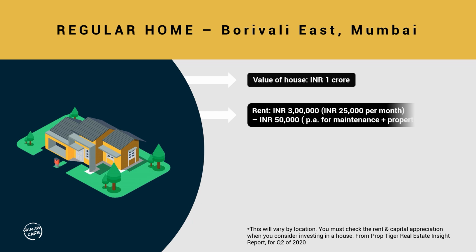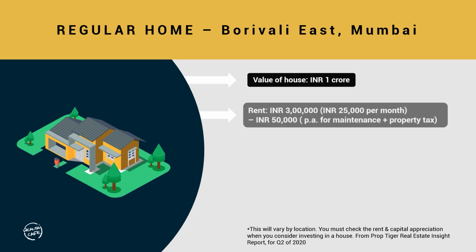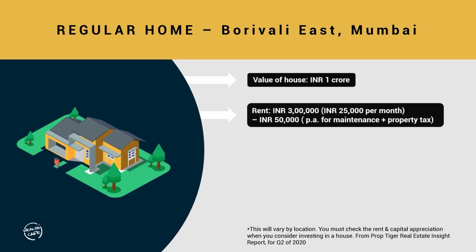The kind of rent that you can expect for investing in such a property is about 25,000 a month, or 3 lakhs for the year. You can budget an expense of about 50,000 towards the maintenance of that particular flat, the common maintenance that you pay to the society, in addition to the property taxes that you need to pay to the government. Netting off that amount, you're left with a net earnings of 2.5 lakhs for the year. This results in a yield of 2.5% per annum.